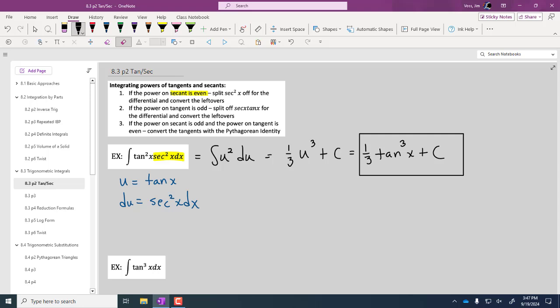Okay, so secant to an even power. That's probably the easier of the two categories here. Now, if tangent is odd,